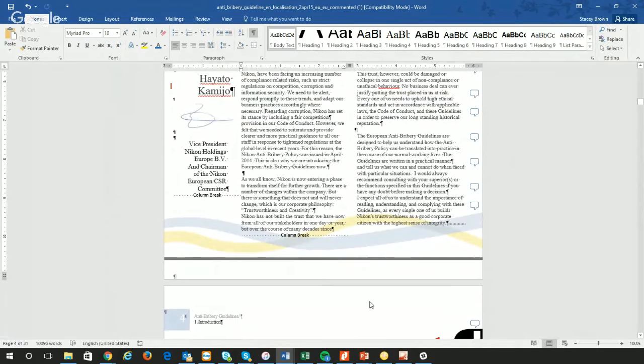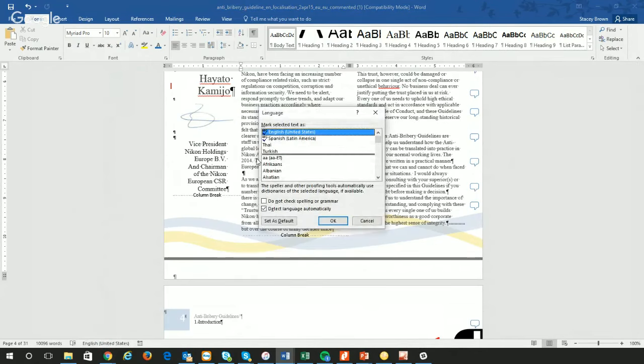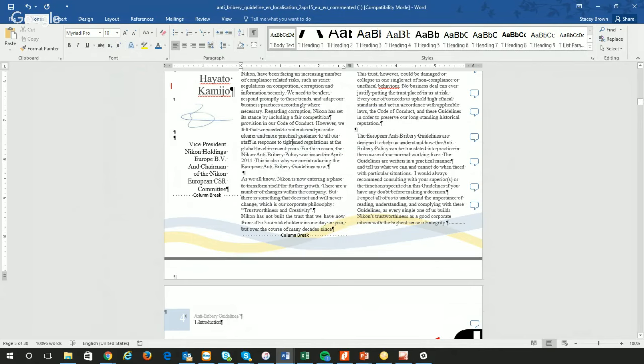Now, this is in English, so we can all understand it. But if it was in another language, you want to check your language down here in Word. If you need to change the language, you should have proofreading tools set up on your computer. If these are not set up, it's easy to set them up. Say I want to set up the Thai proofreading tools. I just select Thai.